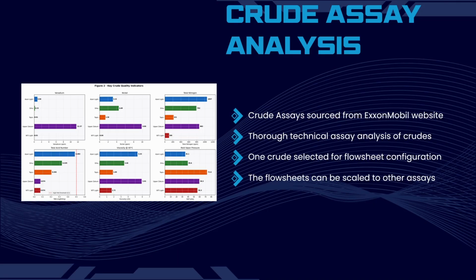So here we have done a thorough analysis. The report of the analysis shows that if we build a flow sheet for ERHA, we would have a generic flow sheet. Instead, if we go for any other of the crude, it will be pretty specific. So we went ahead and we built the flow sheet around ERHA. This can be extended beyond ERHA. We can have other crudes as well.